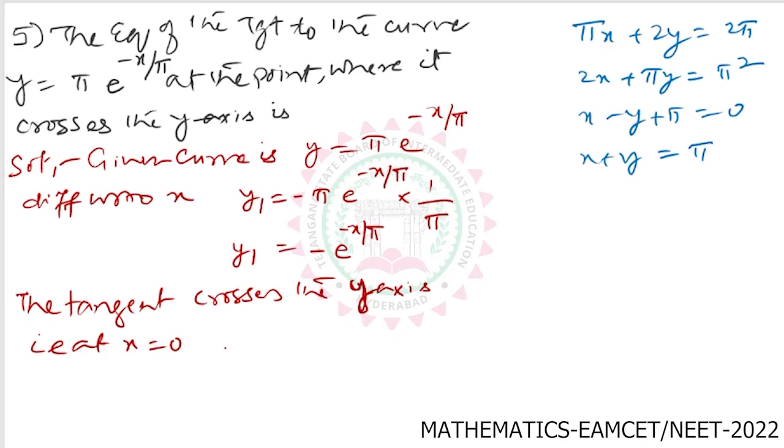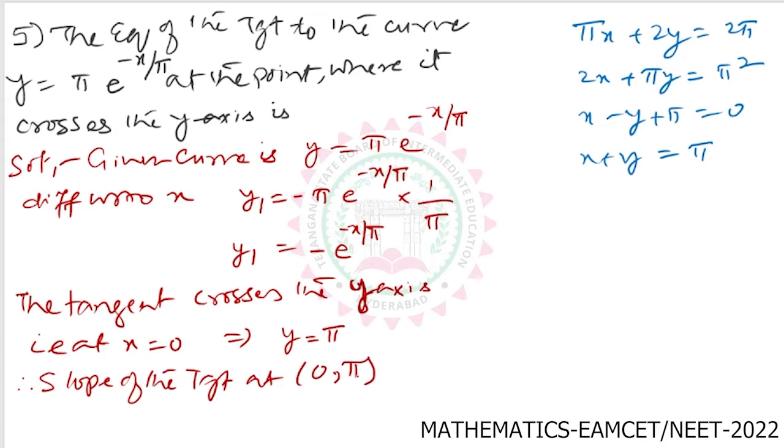So if I put x equal to 0, this is nothing but y is equal to pi, or y1 is equal to pi. Therefore, what is the point? Therefore, slope of the tangent at the point (0, pi) is,